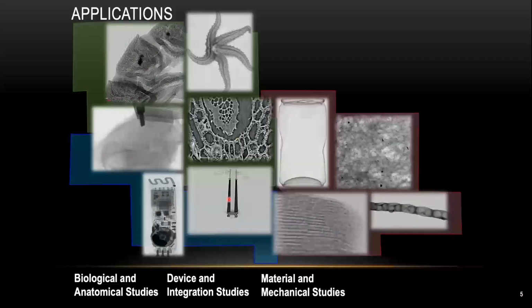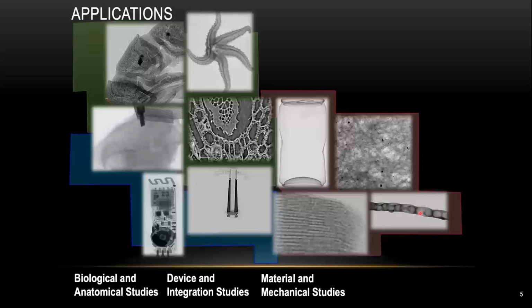We've also done a ton of material and mechanical studies using microCT. In the middle here is just a standard coke can, so we try to squeeze the coke can a little bit and see how the metal deformed at different stages. The picture next to it is just a filtered fiber from an encouraging particle in the middle from a Porsche car. Down here is a 3D printed foam, and the next one next to it is a hydrogel buckle.